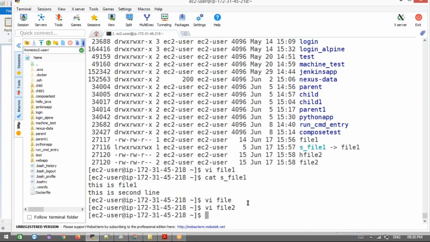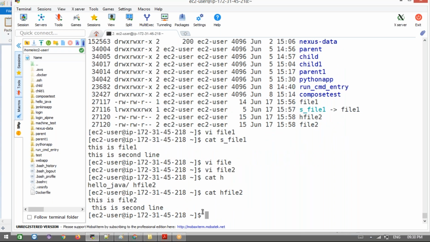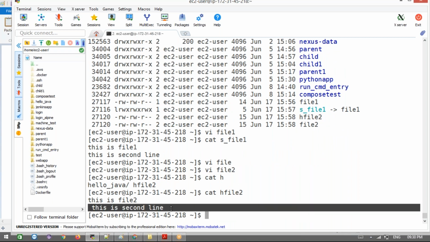Okay, and next, write some data here. I'm going to write this in file two, then open cat hard file, something, h file 2, right? Cat h file 2. Okay, open this file. Now the data will come here. See, the hard link and soft link purpose is the same. Sharing the data between the files, that is the purpose of the hard link and soft link.